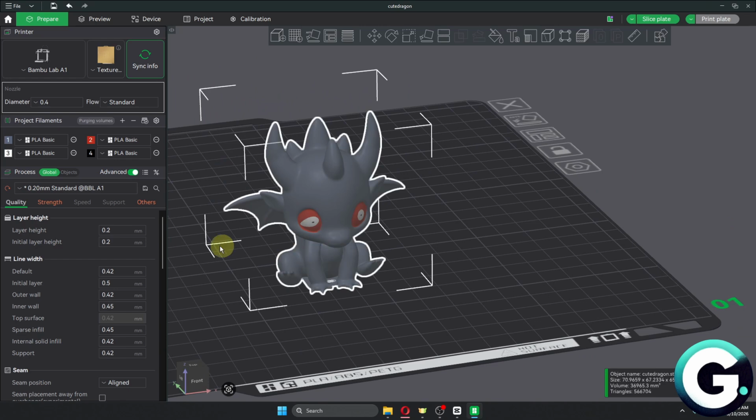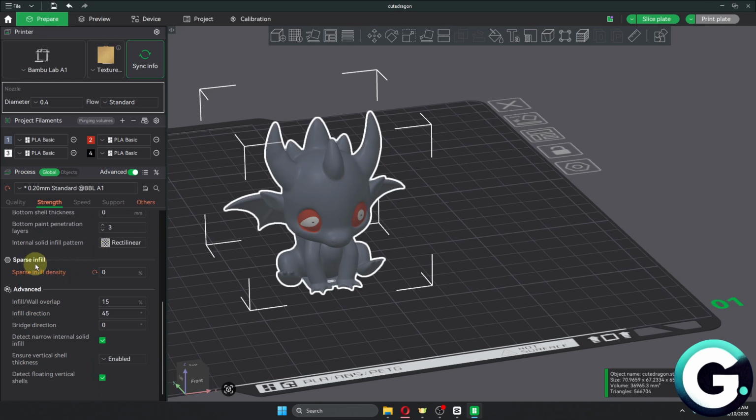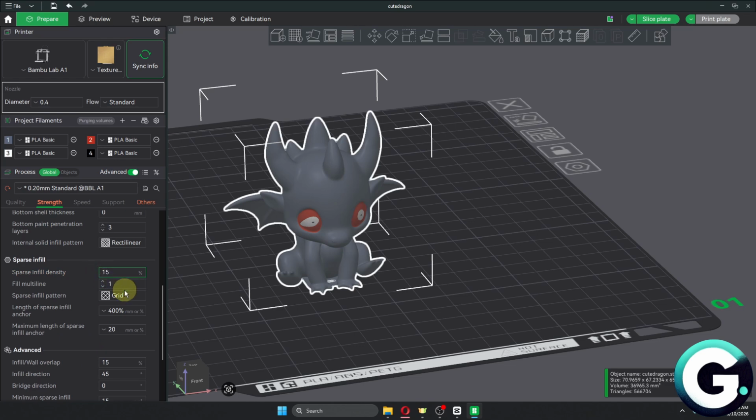So the first thing that you want to do is to navigate through the side category on which we have the quality, strength, speed, supports, and others. You can just click on the strength option. In here, scroll down, and then you have the sparse infill density. So I want to set my infill percentage to something like 15%, which is basically going to be the default